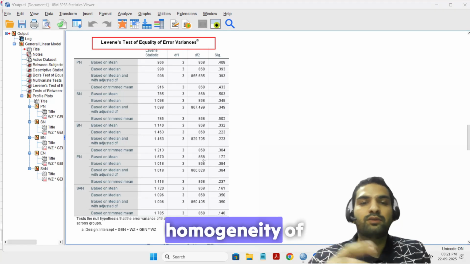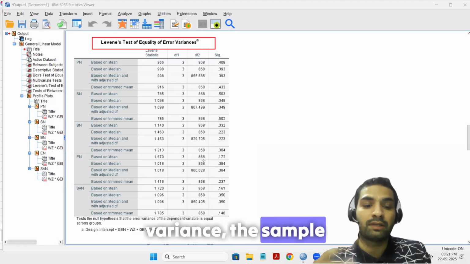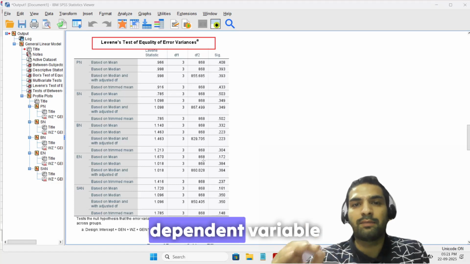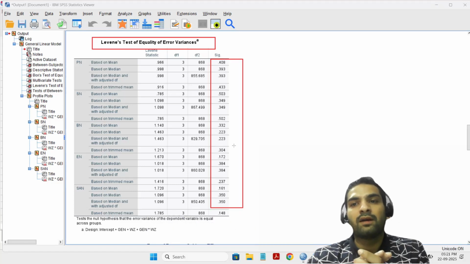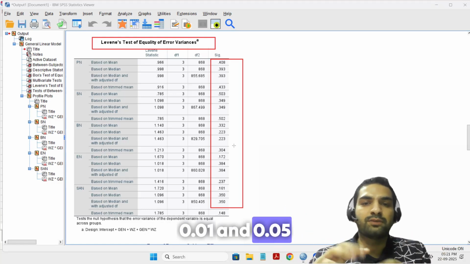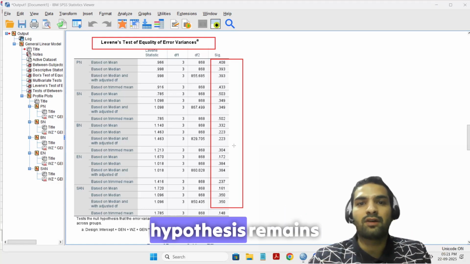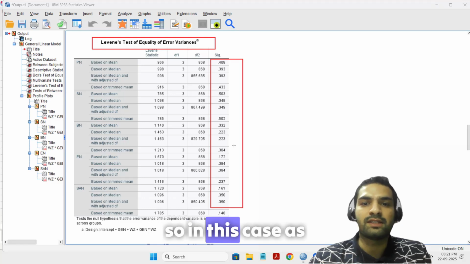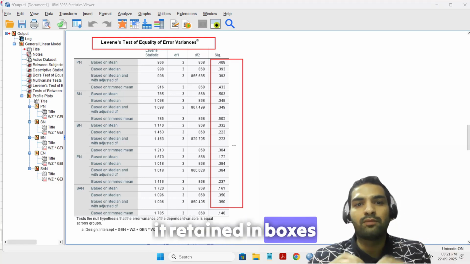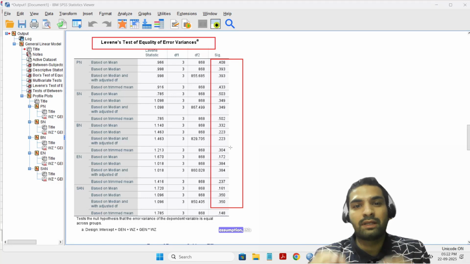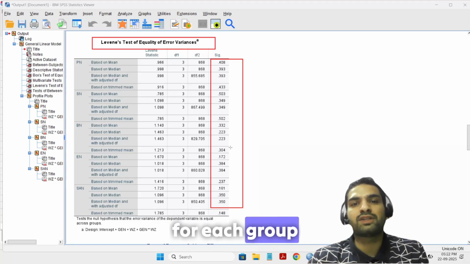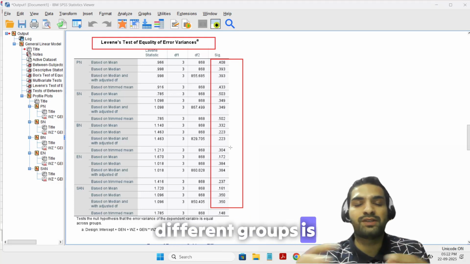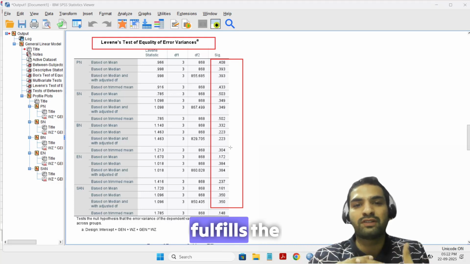And if we check the homogeneity of variance assumption for each dependent variable, we can see that significance values are way higher than 0.01 and 0.05. So our null hypothesis is retained in this case as it was in Box's test. This means that though our n is different for each group, the variances of different groups are almost the same and it fulfills the assumption of